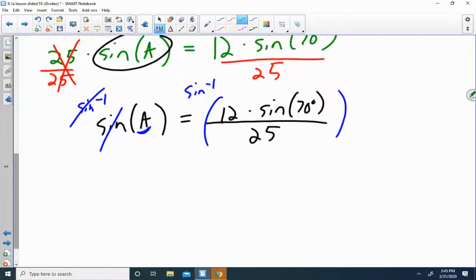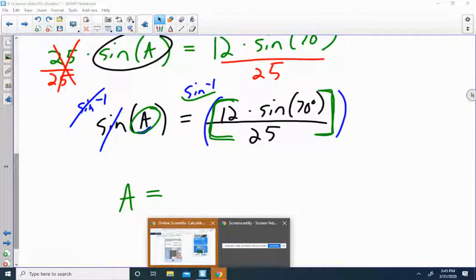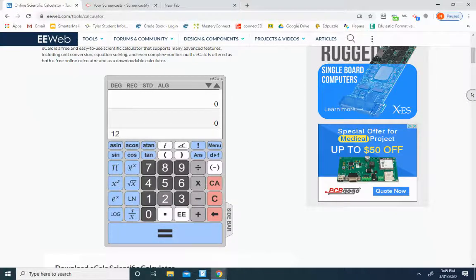And once I do that, sine inverse of both sides, I'll have big A by itself. So now all I got to do is plug all this into the calculator, and once I have that answer, take the sine inverse. Let's go ahead and do that. So 12 sine of 70, close parentheses, divided by 25. And you get that decimal. Then we'll take the inverse of that. So sine inverse of the previous answer, close parentheses, enter. And that's going to give you